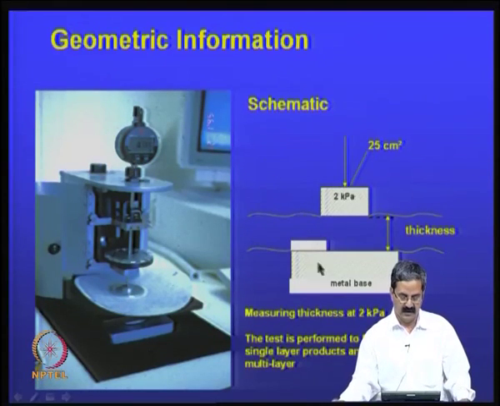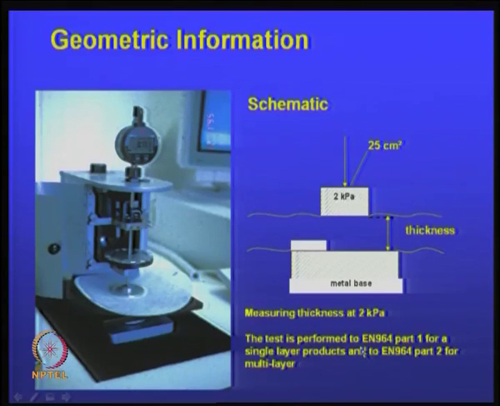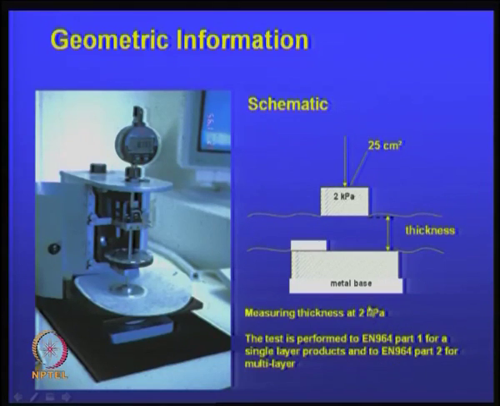For the geometric properties, the thickness is quite important, because we have seen varieties of materials, and they have different thicknesses, and as I just mentioned, we have to standardize at one pressure. At 2 kPa we measure the thickness, using the weight and area of cross section. So, we calculate its thickness, because this is required in many of the properties like permeability, and if you want to look at filtration and drainage criteria, thickness is a very important parameter.